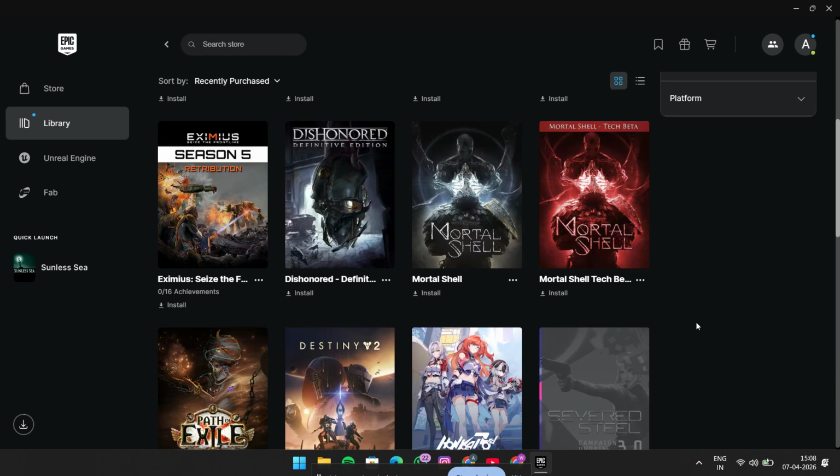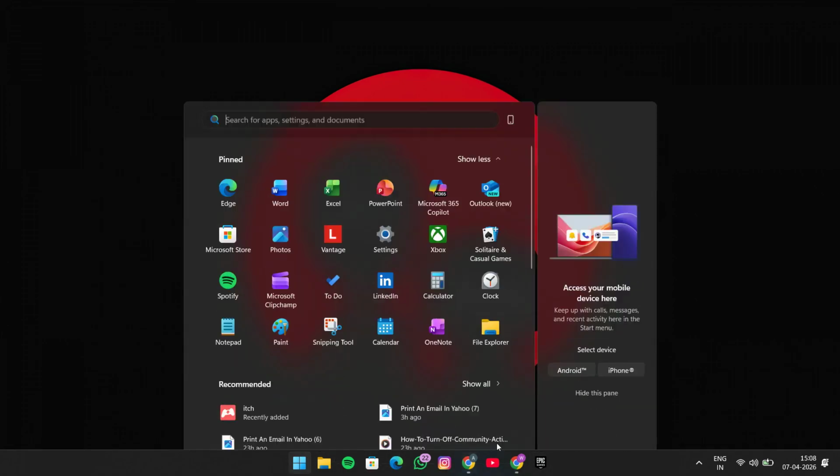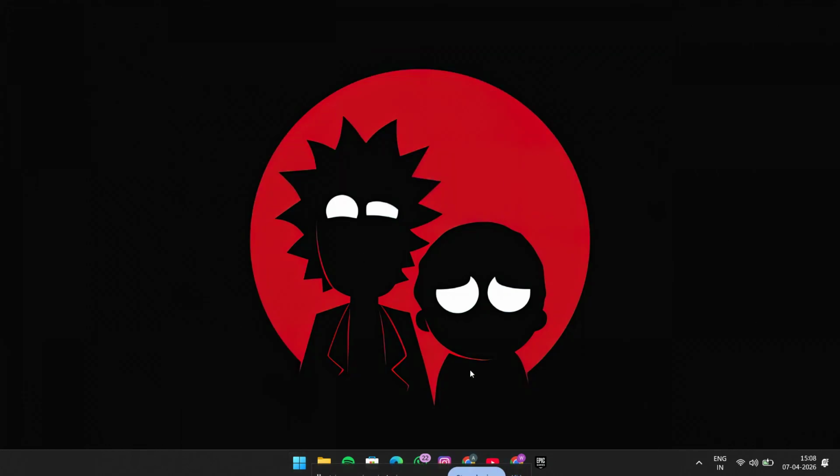First, completely close the Epic Games launcher. Don't just minimize it, make sure it's fully shut down. If you want to be extra safe, you can also open Task Manager and check that Epic Games Launcher isn't still running in the background. A fresh restart often clears temporary glitches that trigger this error, so after closing it, go ahead and restart your PC. This simple step can fix a surprising number of Epic Games issues because it resets stuck processes and refreshes